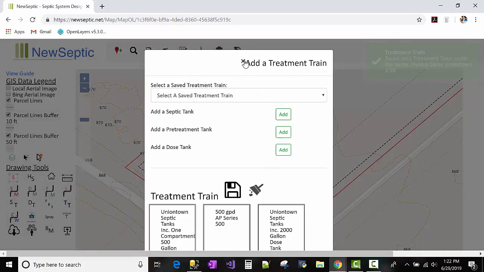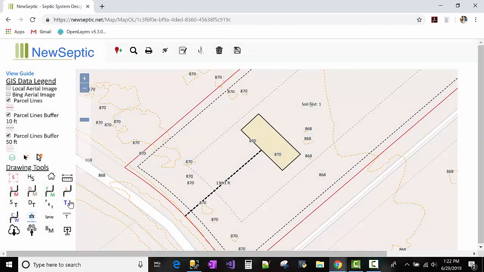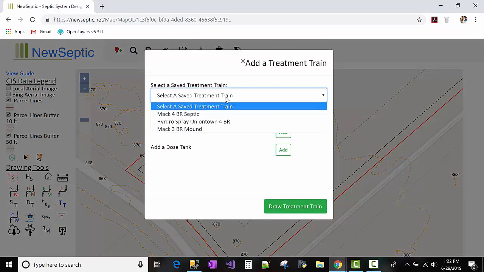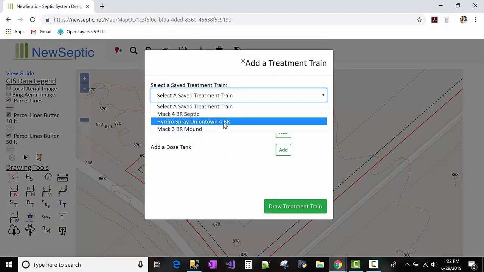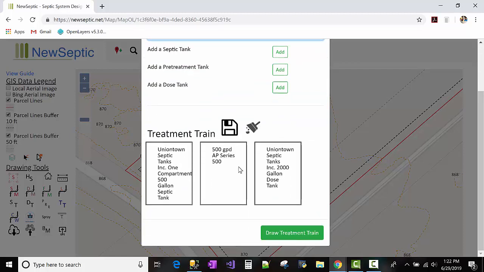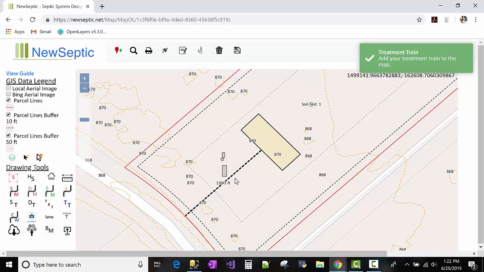And if I close this window out, and then hit the treatment train tool again, I can click anywhere on the map, and now I have here that hydro spray Uniontown 4BR, and as I can see, it's popped up in my queue, so I can always come back to this and have this from my saved list. So if I hit draw treatment train,